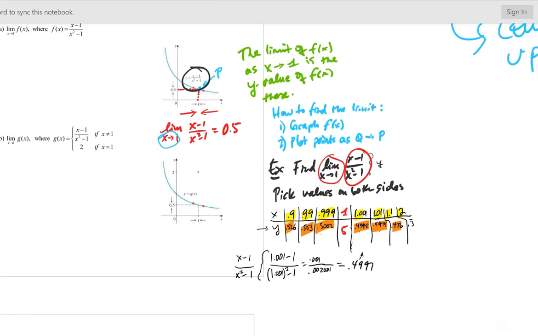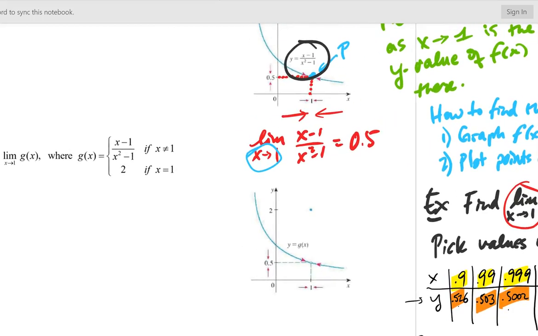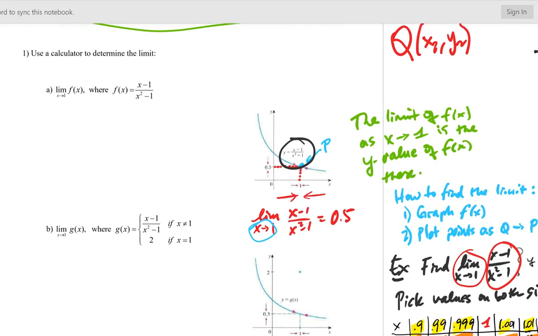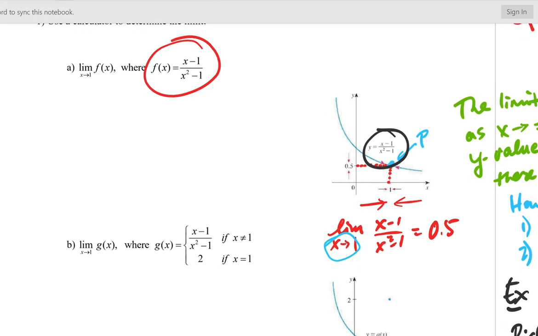All right. Now, here's the thing. I want you to compare. Let's compare these two problems here. So we have f of x is x minus 1 over x squared minus 1, and the g of x is a piecewise defined function. And